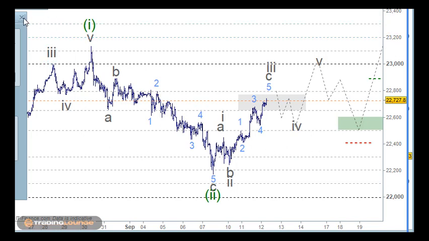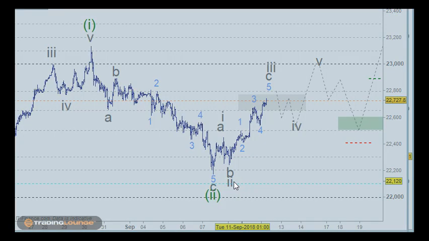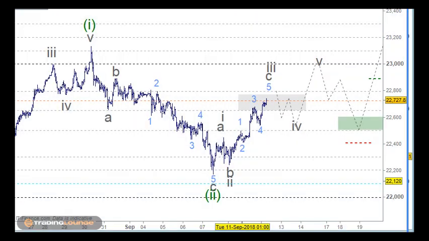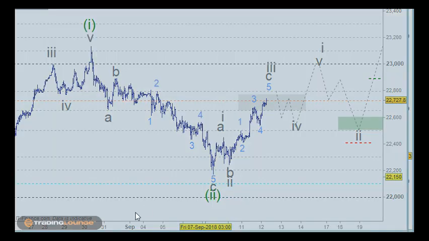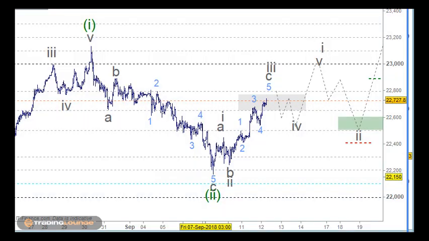Anyway, that's something to think about. Just one more little thing here. This would actually have to be wave 1 here and wave 2 over here. So I'd have to change the degree of structure of these, but the count would stay the same. And also India.